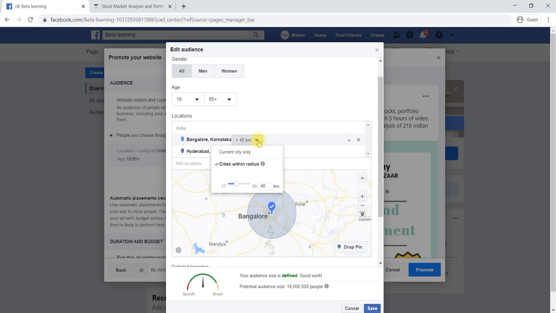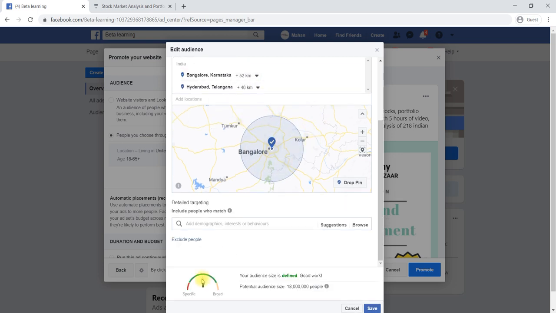Again, I can change the radius, like from the center, how many kilometers this particular ad can cover. Then it will show you how many potential audience are there here. Around 1 crore 80 lakh audience you can reach. If you would like to exclude any people, you can exclude here.